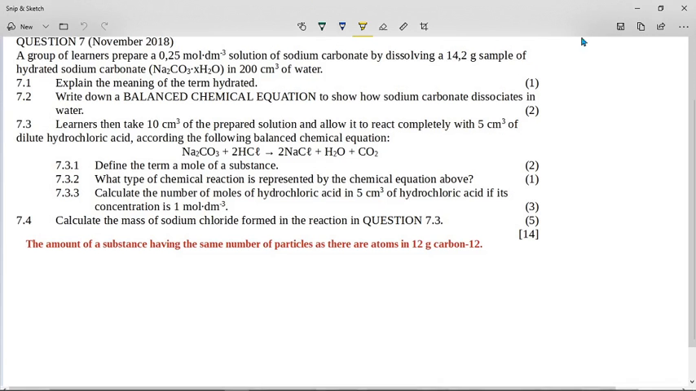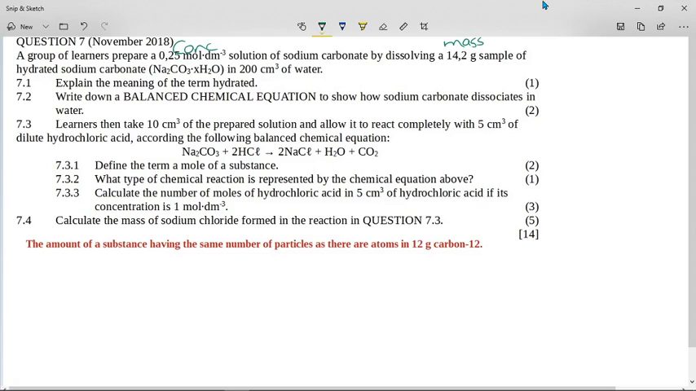Okay, let's have a look at this past paper question. It's grade 10, November 2018, from those national exemplar papers. It says a group of learners prepare a 0.25 mole per cubic decimeter solution of sodium carbonate. Okay, so this moles per cubic decimeter is concentration of sodium carbonate by dissolving a 14.2 gram sample, so this is mass, of hydrated sodium carbonate to